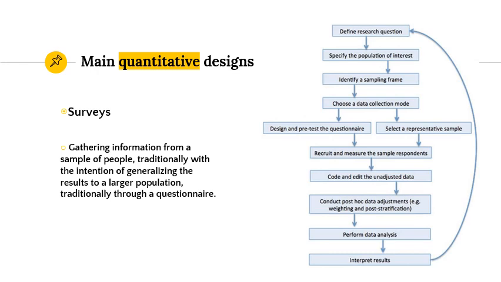So another design can be a survey. I think most of you have heard about a survey. This is about gathering information from a sample of people, traditionally with the intention of generalizing the results to a larger population. And normally the information is collected through a questionnaire. On your right-hand side, you will have the main steps of developing a survey. Basically, it's define a research question, specify a population, identify a sampling frame,